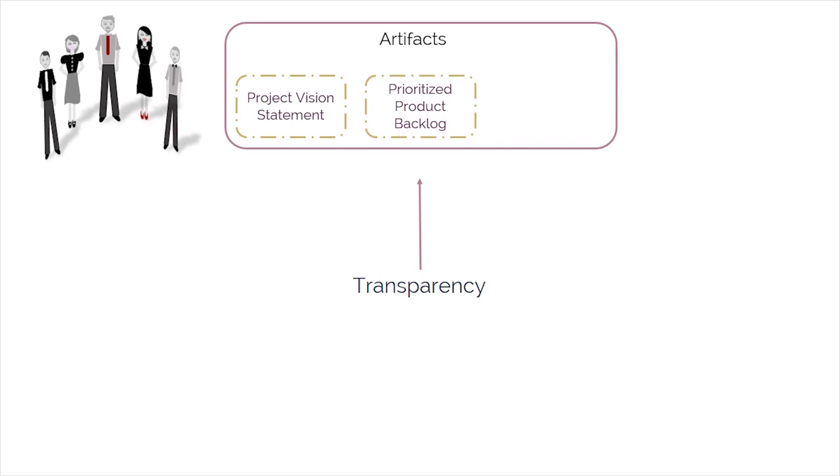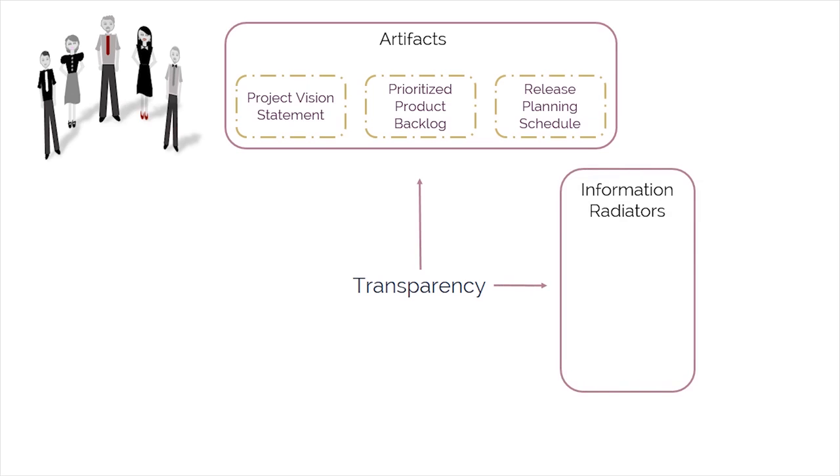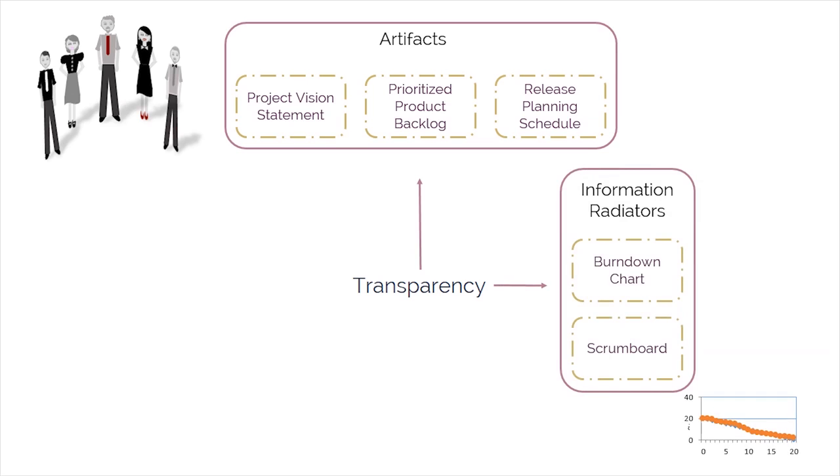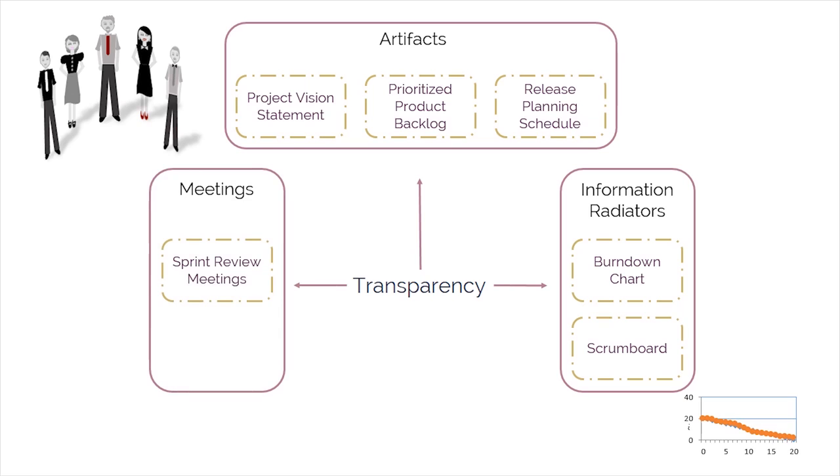the team. The release planning schedule, which may be coordinated across multiple Scrum teams. Information radiators, such as the Scrum board and burn-down charts, which make a team's progress clearly visible to all. And by daily stand-up meetings conducted during the Conduct Daily Stand-Up process, in which all team members report what they've done the previous day, what they plan to do today, and any problems preventing them from completing their tasks in